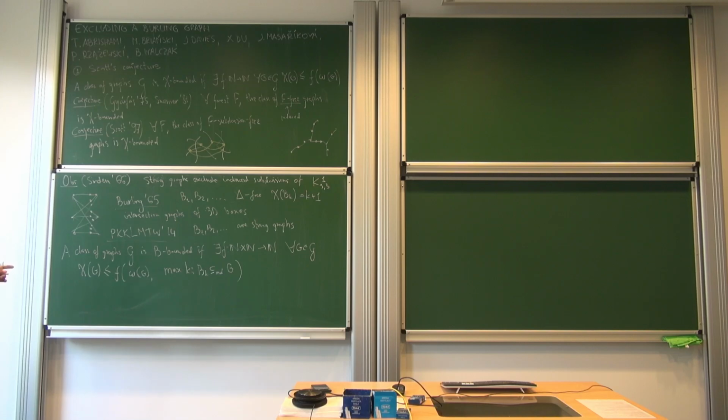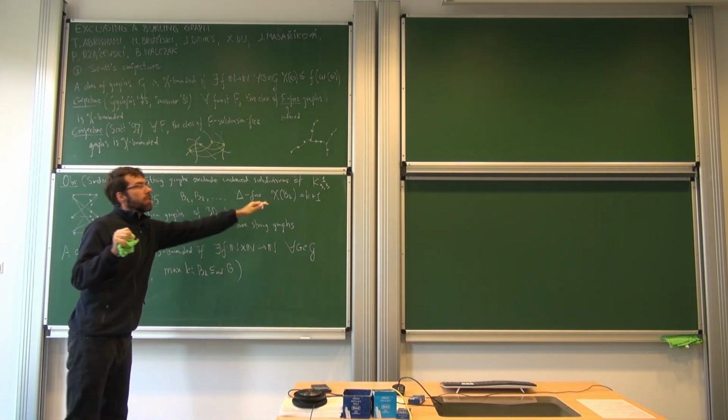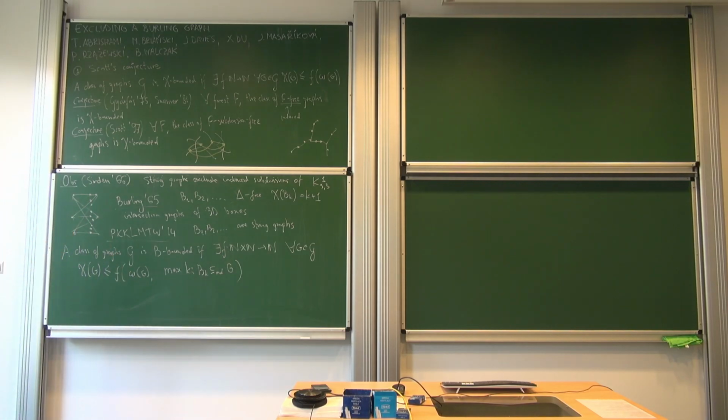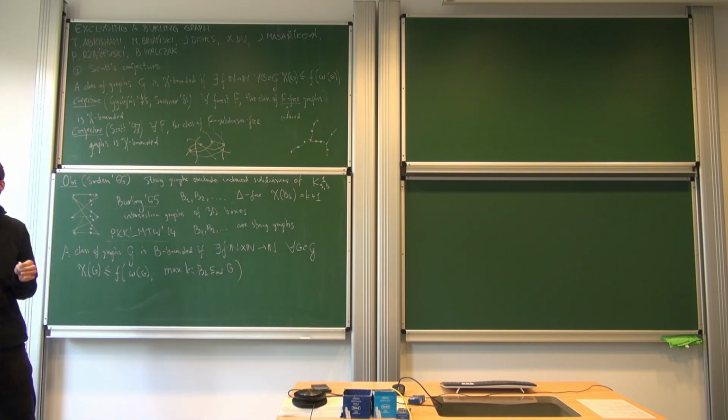So think for a moment of these Burling graphs as just some construction of triangle-free graphs with high chromatic number that you know of, maybe Mycielski graphs or maybe shift graphs or maybe whatever. There are plenty of such constructions, and they are very specific constructions. So, at first sight, this definition might look very strange. Why would we want to have a bound specifically with respect to these graphs and not some other graphs that we are able to construct?